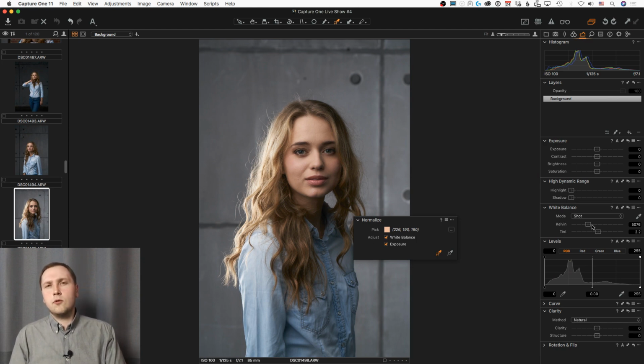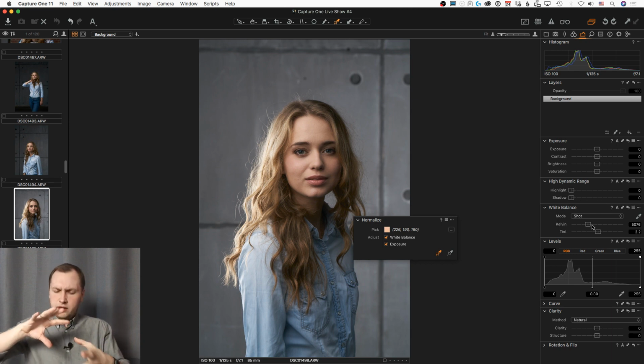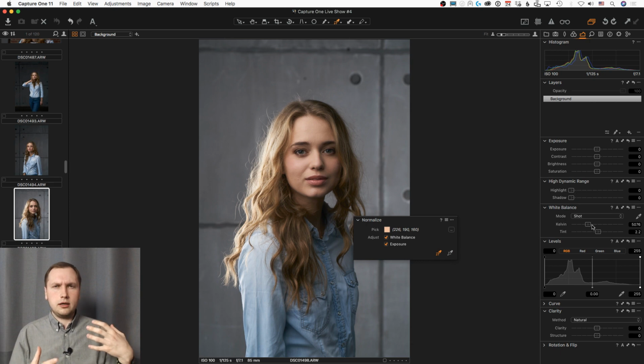Normalize tool is more suitable for basic editing. If you would build something really complicated, which involves a color editor and other things, well, I don't think that you would gain fantastic results, because keep in mind that Normalize tool uses only the white balance and exposure tools for editing your images. That's why just keep that in mind, because otherwise you would expect, oh, that's such a fantastic tool, I just now create everything. Well, actually not, but